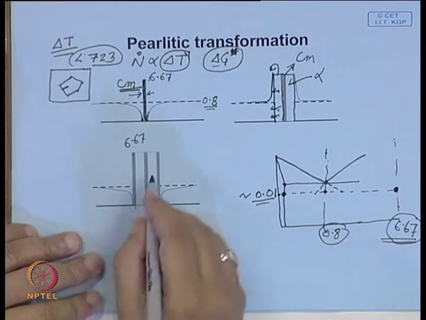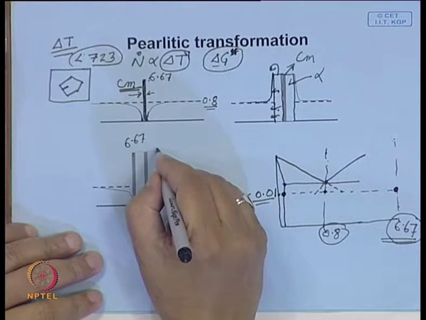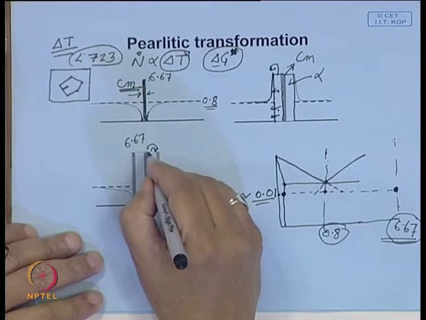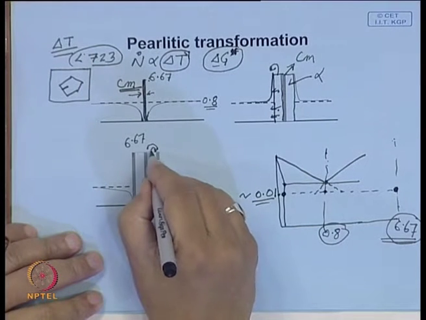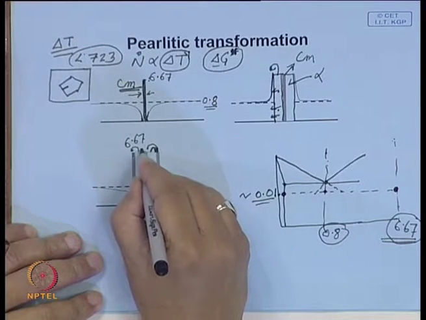So, two things are happening in the process: diffusion, with carbon moving from here to here, and carbon moving from ferrite to this place, here, here,